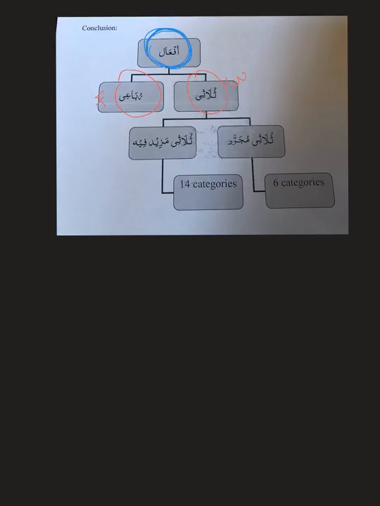If the verb has only 3 root letters, mujarrad means only, okay? So if they have only 3 root letters, no additional letters, you call it Thulathi mujarrad, and it has 6 categories which you already know: Nasara yansuru, Daraba yadribu, Sami'a yasma'u, Fataha yaftahu, Karuma, and